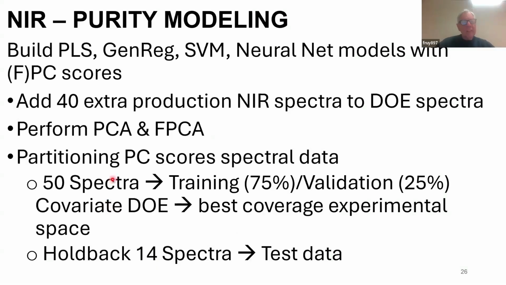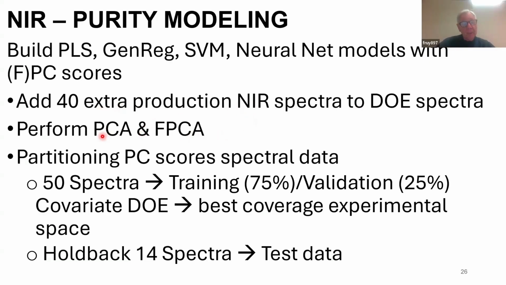Because of the potential of modeling, we will first try to build PLS models, generic models, and also machine learning models by support vector machines, using the principal component or the functional principal component scores. How will we do this? We will add the 40 extra production NIR spectra that we have from our original production sample. We also took the spectra. We will add them to the DOE spectra, and